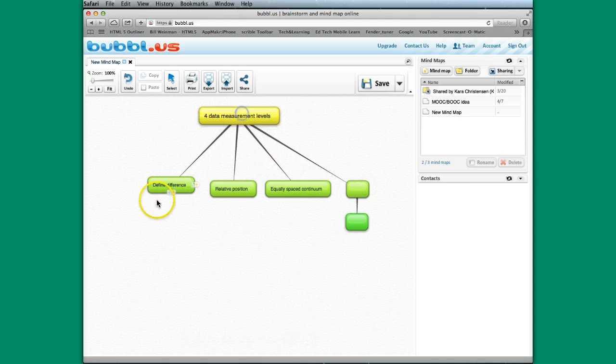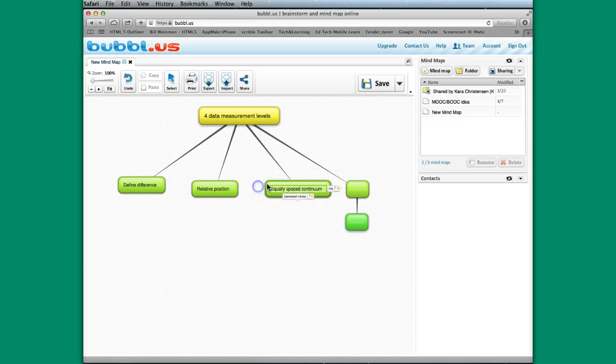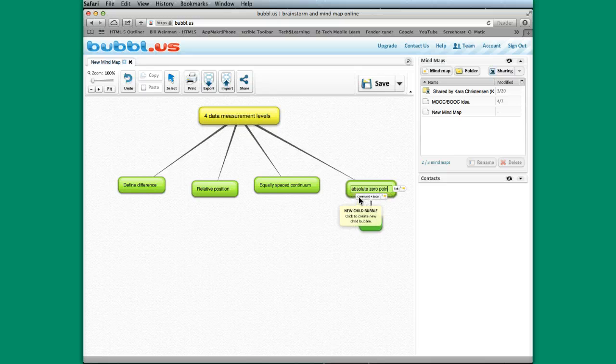Maybe even pull this one up out of the way. Okay. Absolute 0 point. Okay, so again, underneath, new child bubble, nominal,